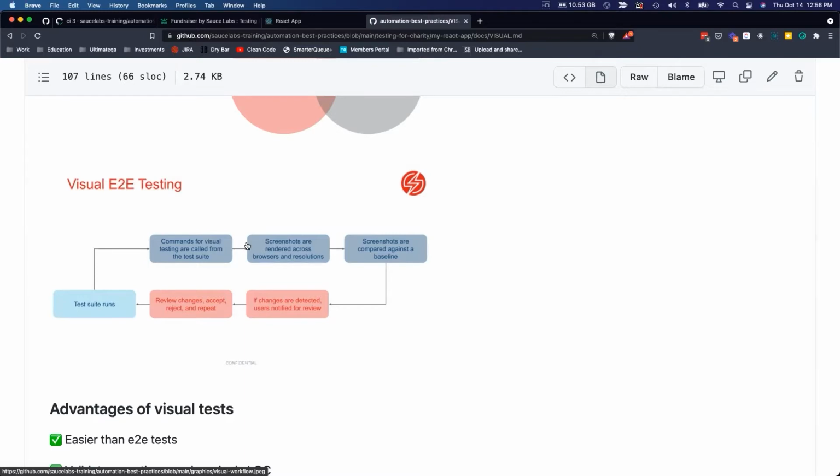Those are the steps. Here, you specify the browser and the resolution that you want to run it on, and then those screenshots are compared against a baseline. If a baseline has been previously set and there are differences, we're notified that there are differences,